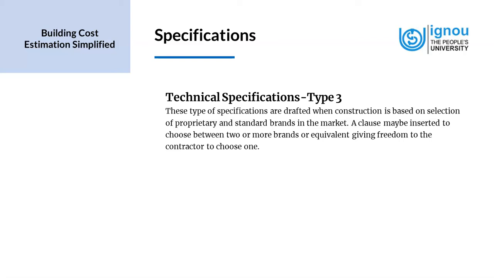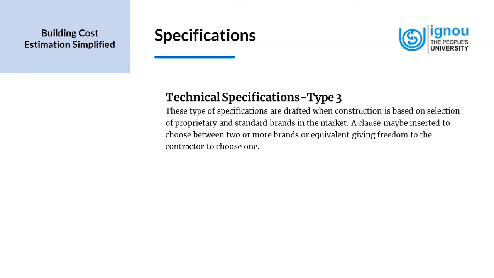A clause may be inserted to choose between two or more brands or equivalent, giving freedom to the contractor to choose one. Now, the selection of materials and drafting the specifications require considerable depth of knowledge in material sciences and technology. We specify not only the physical and chemical properties, but also the durability, the workmanship and performance of the material that we use. When we write these specifications, often they can be lengthy, but care should be taken to avoid